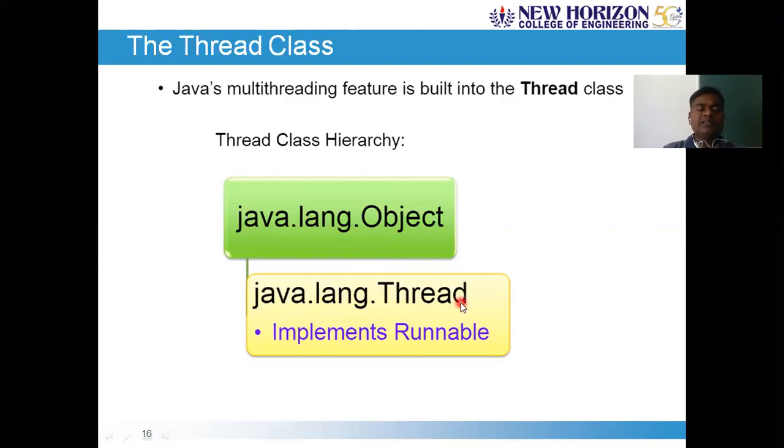Remember, the Thread class implements the Runnable interface. Because of this, there are two techniques for the creation of threads. The first one is that you can implement the Runnable interface in your own class where you are trying to create a thread. Or, the Thread class has already implemented the Runnable interface, so you extend from it and make your own thread. So here is the idea: two ways for creating a thread.